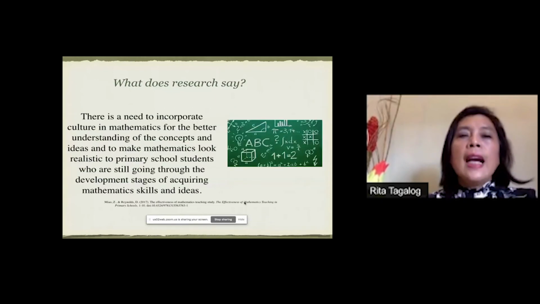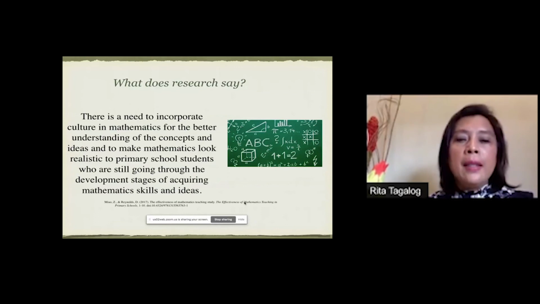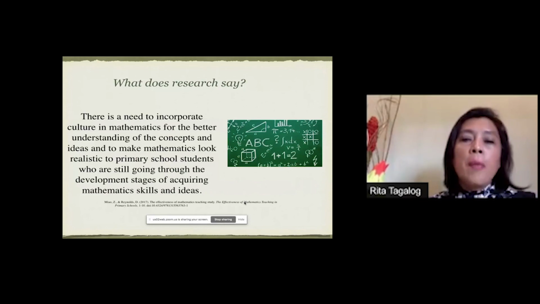A study was also conducted on the significance of culturally based education in learning math, no? This has been conducted by Meow and Reynolds in 2017. And they have recommended in their study that there is a need to incorporate culture in mathematics for the better understanding of the concepts and ideas, and to make math look realistic to primary school students who are still going through the development stage of acquiring mathematics